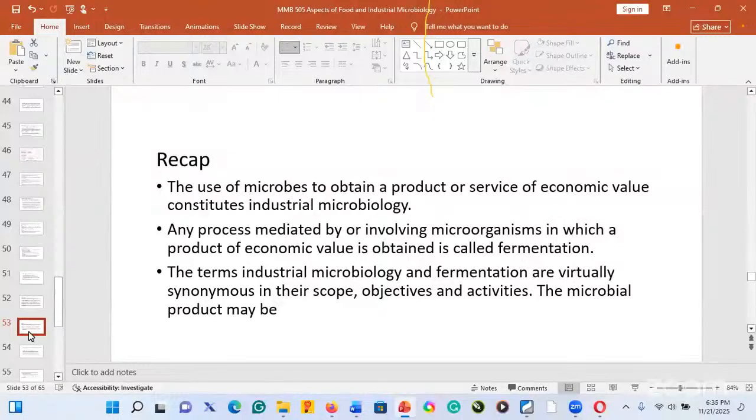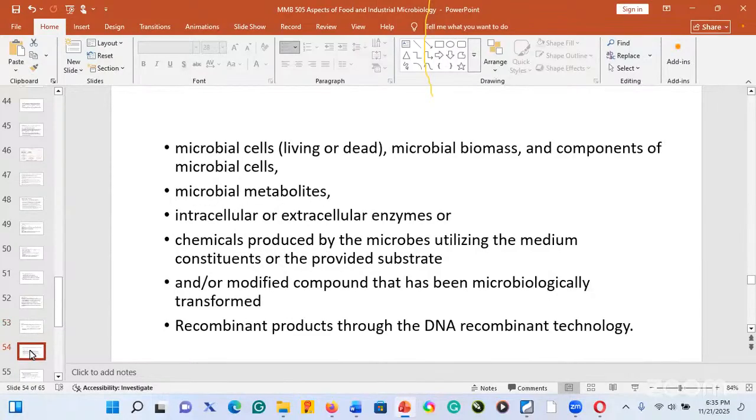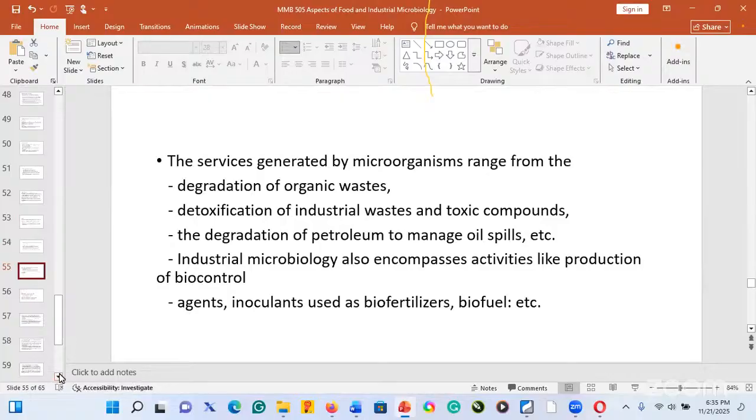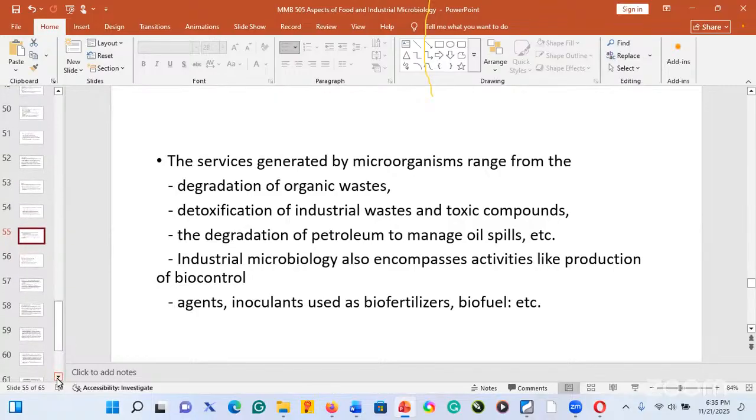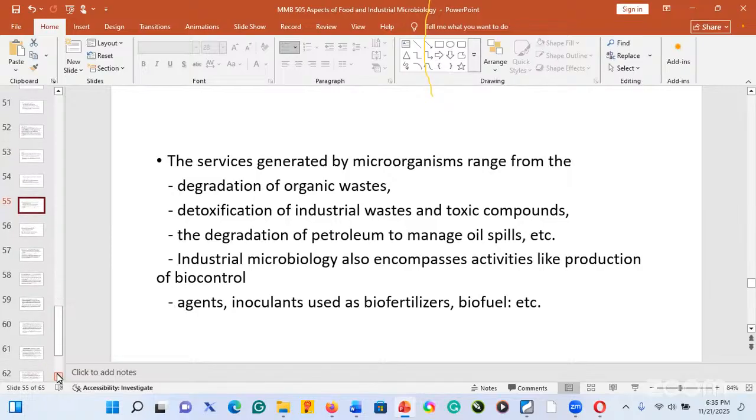Objective and activities. And the products: metabolites, chemicals, and some products like DNA and others. And when we're talking about industrial microbiology and the beneficial effects of some of these microorganisms, find out